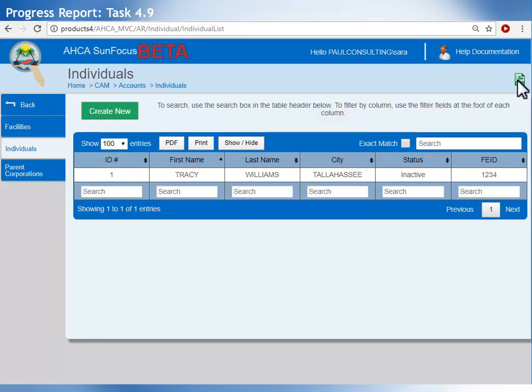Task 4.9 is the creation of the individuals list screen. From Accounts, we can select the individuals menu item to view a list of individual accounts. This addition allows a separation between true facilities and individuals who often have debit memos tracked in the HAR system. We can use the fixed footer search for searching matches by columns, or use the table search for a broader